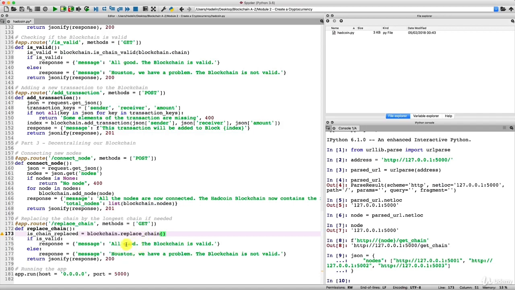But now we want to return two different messages. If the Boolean is true, the message will be the node had different chains, so the chain was replaced by the longest one. And if the Boolean is false, the message will be all good, the chain is the largest one. All right, so let's do this. Let's not forget to change the Boolean here. It's not isValid, but